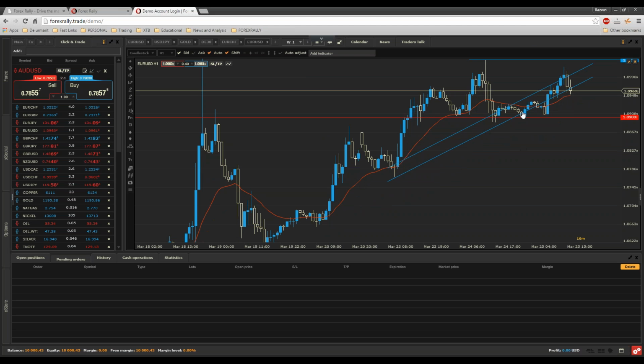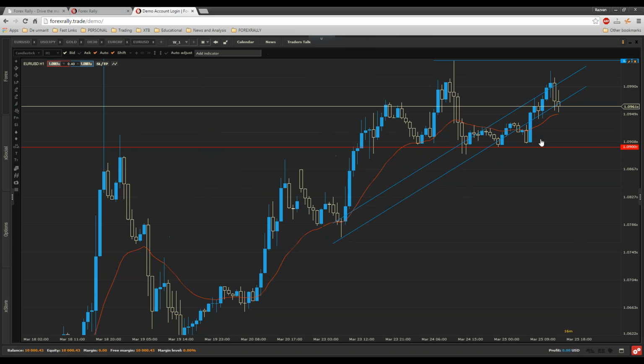Now, let me show you something cool. If you double click on this, you'll have a full screen chart. Whoa, this is nice. Now, you have the moving average. This is actually a moving support. You have a live support here. This is a 20 moving average. It means that usually when the price hits it and it's above the moving average, it becomes support. If the price will be under the moving average, it will become resistance.